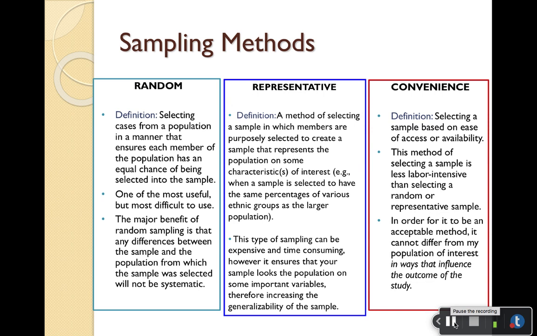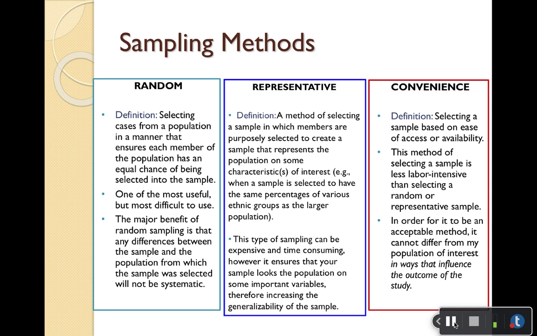Here we have a couple of different sampling methods. These are also discussed in your textbook in Chapter 4. There are more sampling methods than these three, but these are probably the three most common ones that you see reported in research articles. So the first one, in this bluish teal box on the far left, random